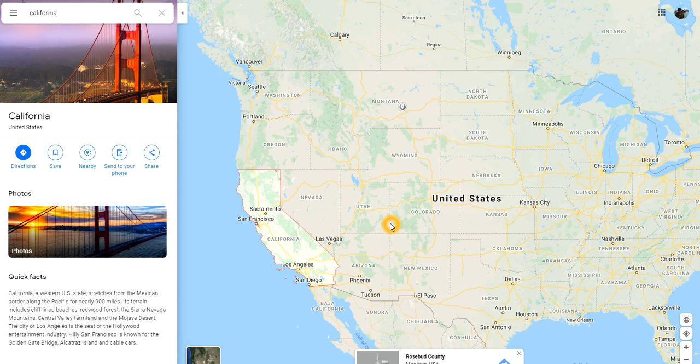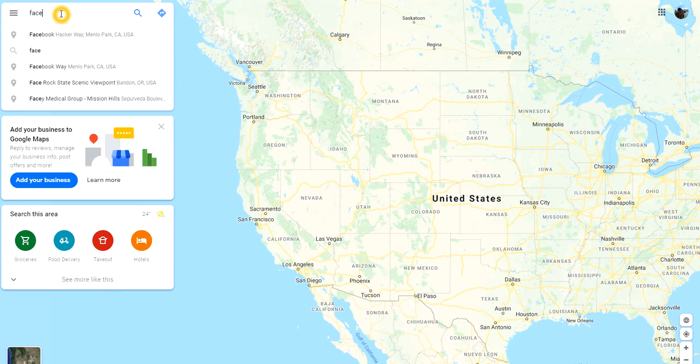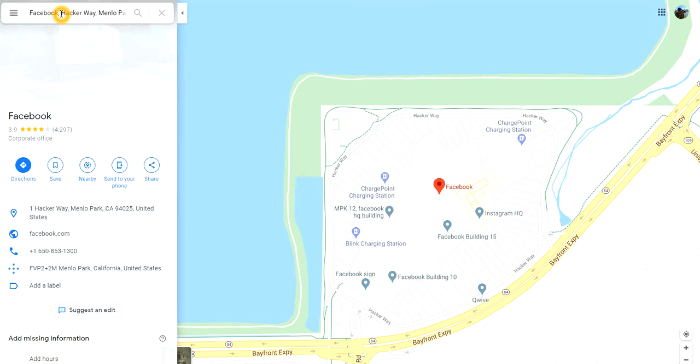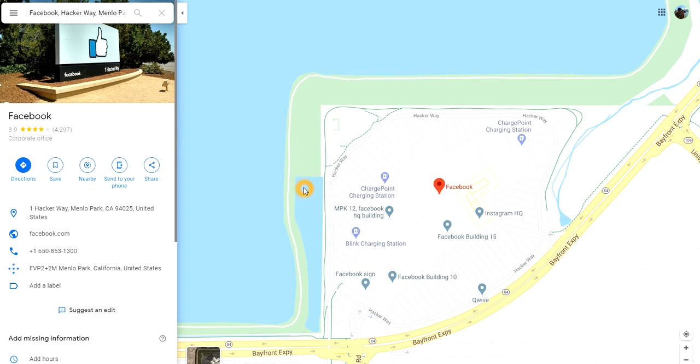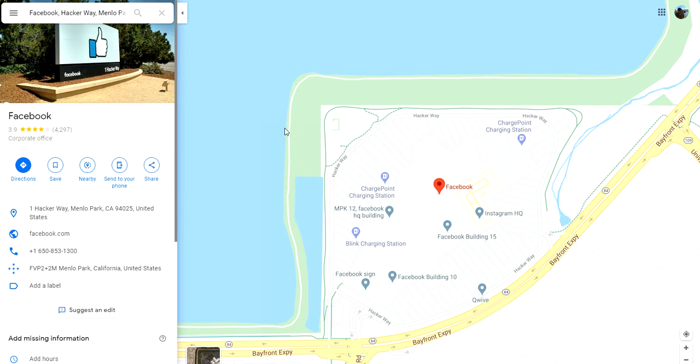But before that, the first program: how we search for any address here. If you are searching for the Facebook headquarters, this is the Facebook headquarter. This is how you have to search, right? But we will be writing a program for it now. So let's directly go ahead with the program.